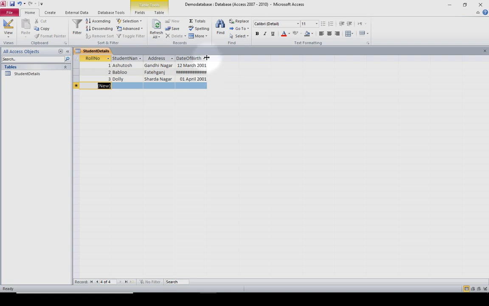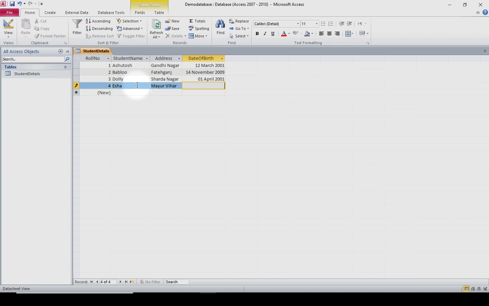So for this, we can expand the column width. When you want to resize the column width, you can place the mouse pointer between the two columns, and when it changes its shape, you can double click there to make it auto fit. Similarly for the address column also, and for date of birth also.